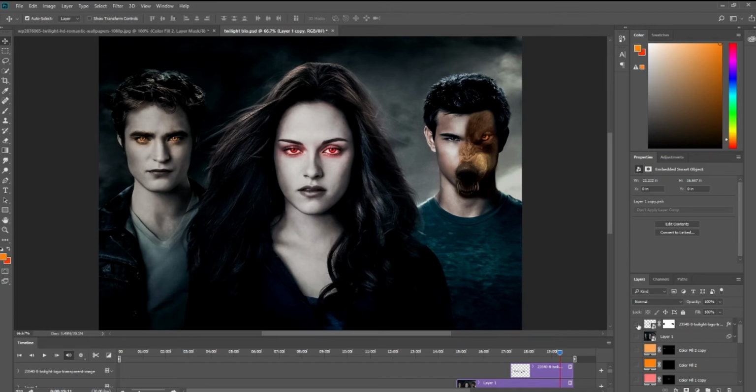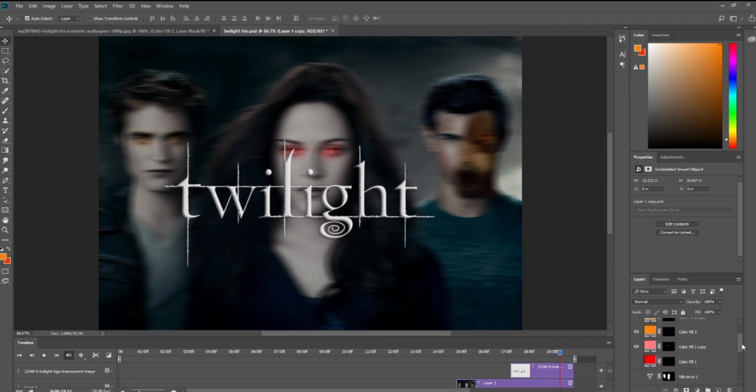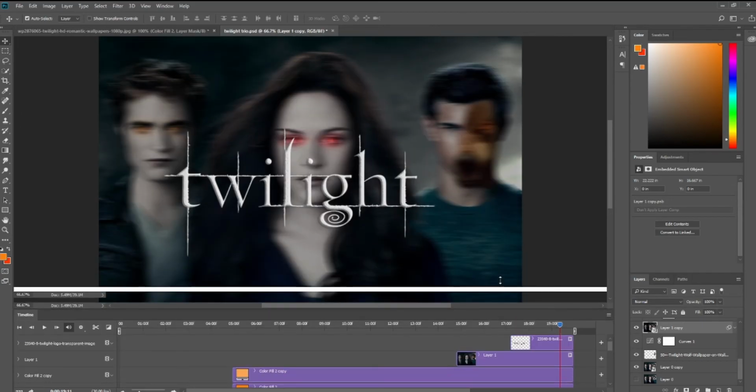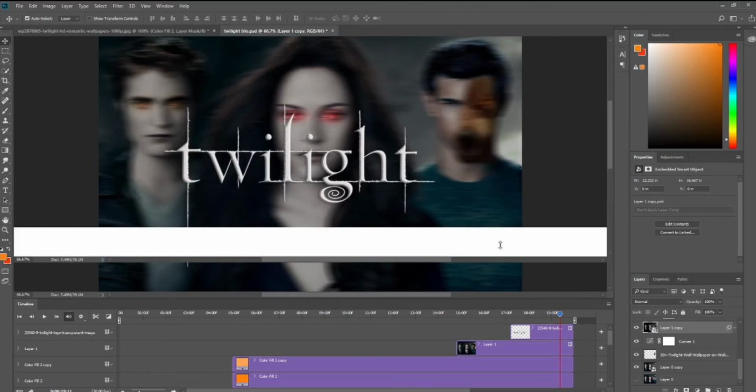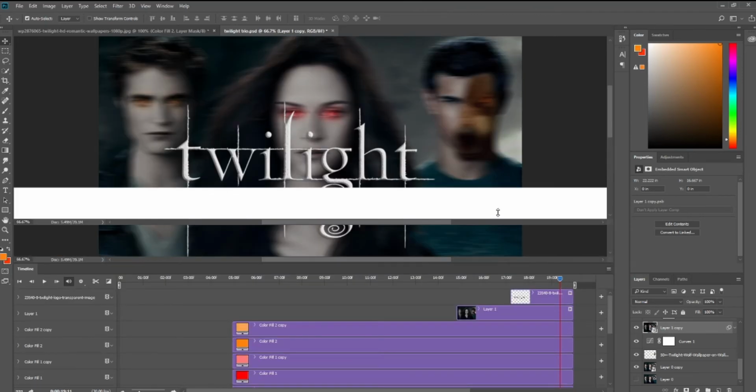So let me just unhide all these layers so that I can show you the animation. Okay, I think that's all the layers. Okay, so just let me drag the timeline menu so that you can see all the layers which you need to animate.